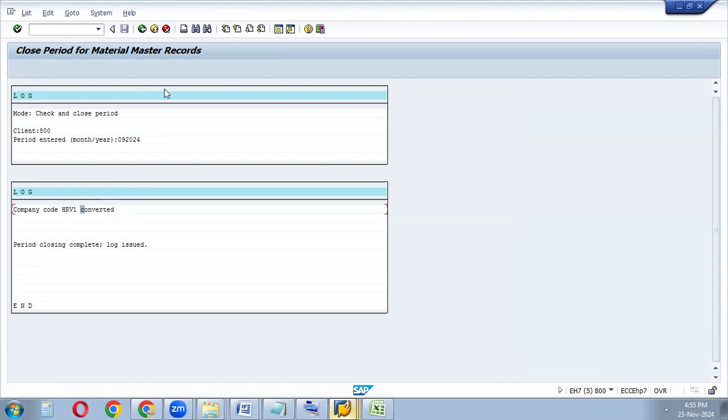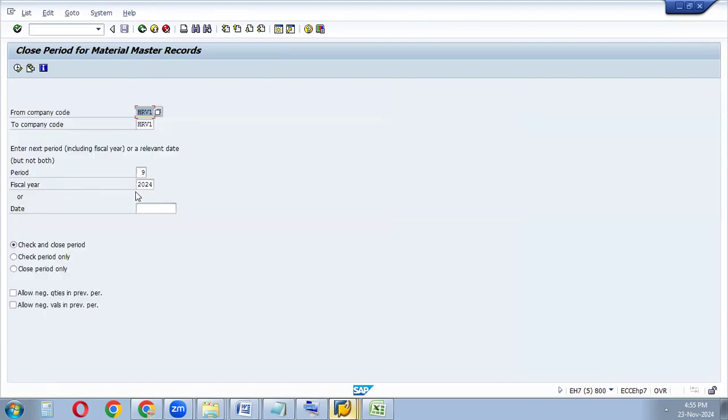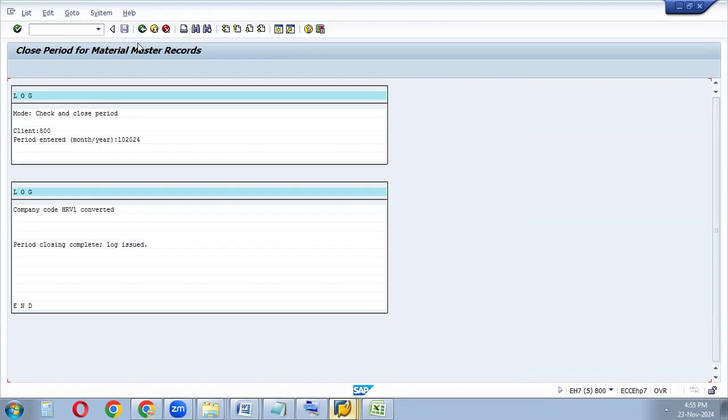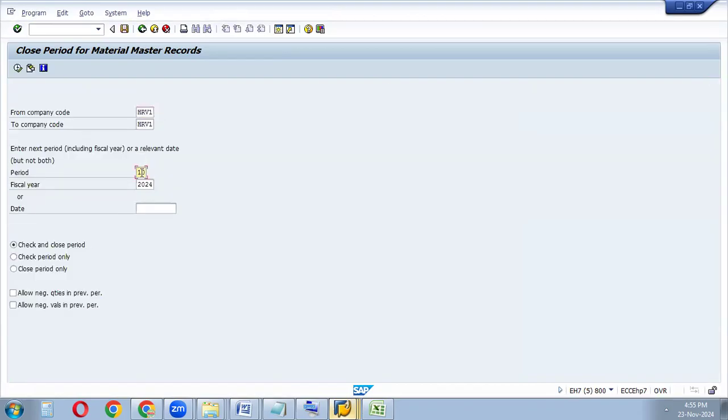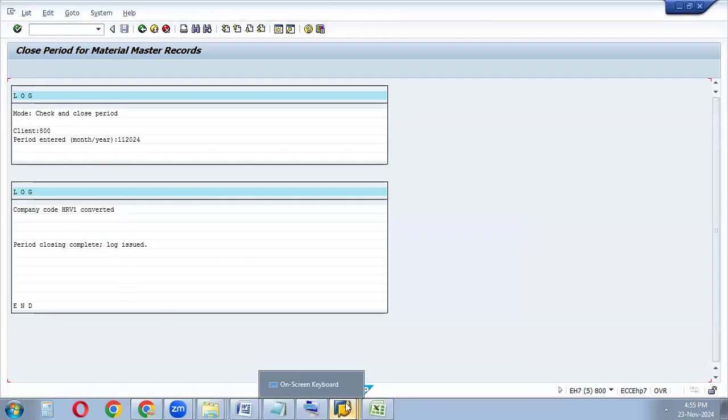Yeah. Company code is converted. So again, we have to give the 10th, one by one. We have to give it and just go back, and the current period is 11. So I just execute. Now it is converted. Now go to